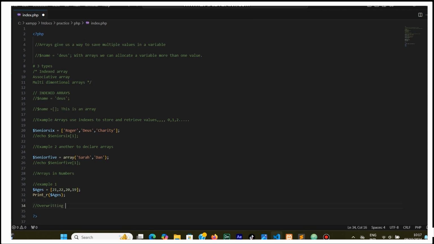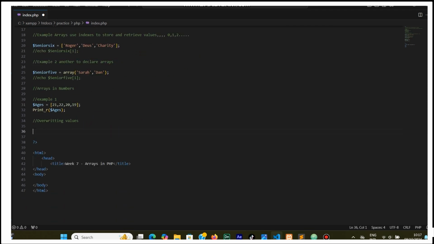overwriting a value in arrays. So you can have maybe those edges, and then someone maybe you miswrote or has a different edge and you want to update it. It is simple. You simply index it and change it. Let me say someone is in the second position, you simply overwrite what is in the second position by writing, let me say, senior 6, which is